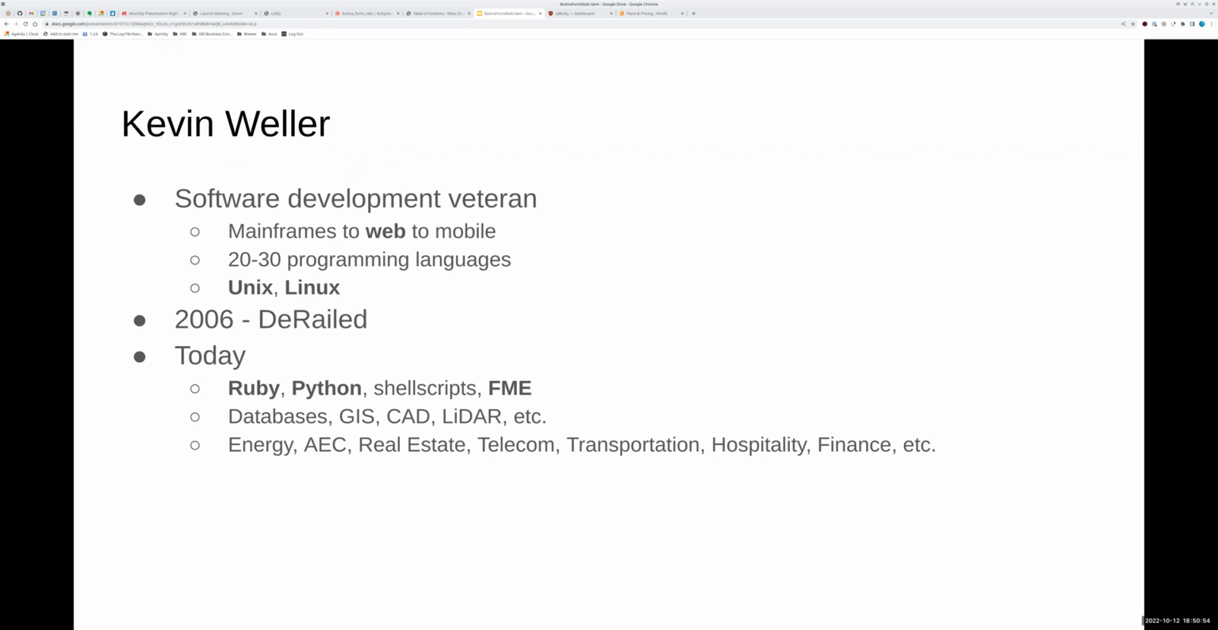And shell scripts and FME, which is a commercial geospatial integration platform with a graphical data pipeline, sort of a language. I do a lot of work with a lot of different kinds of data, but mostly databases, geographic information systems, computer-aided design, LiDAR, and so forth. We serve a lot of different industries. I'm not going to list